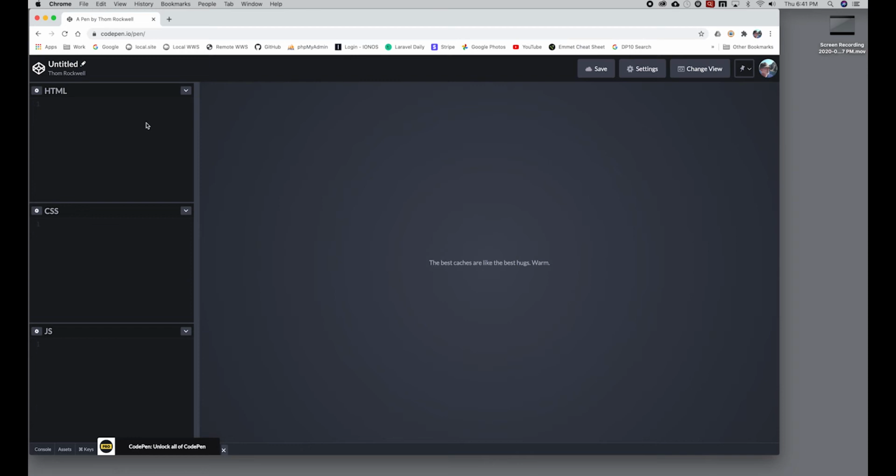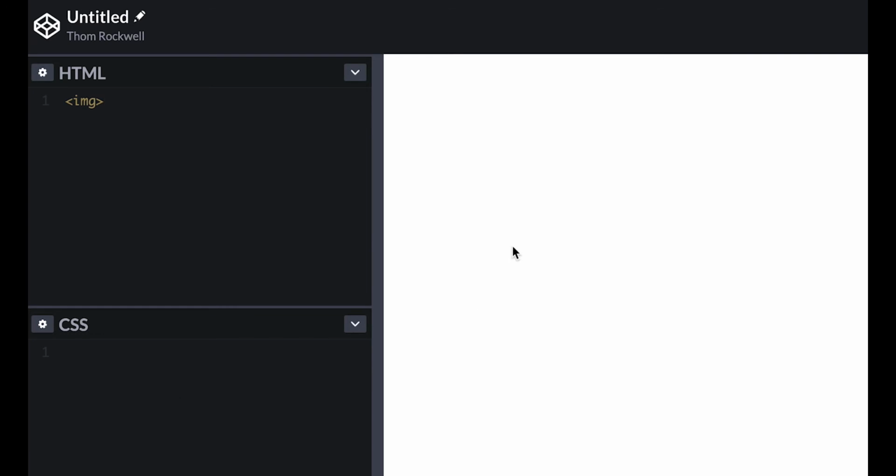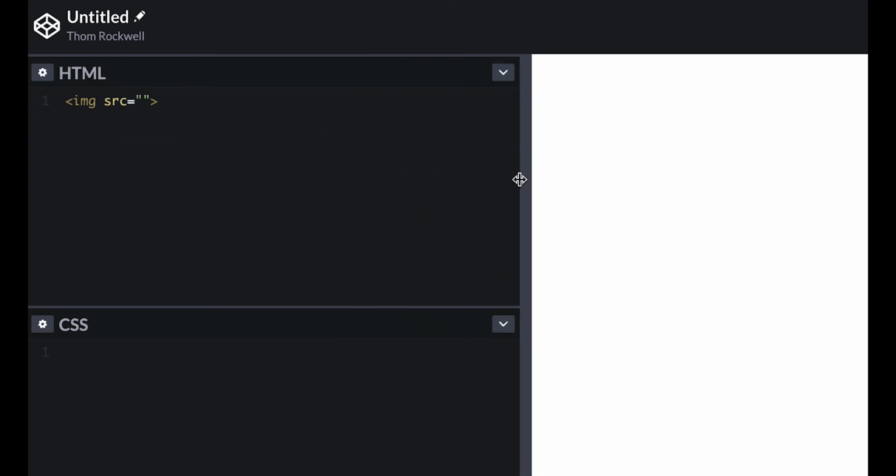Okay, so the tag for images is img, image. But as I'm sure you have noticed, there's nothing there. Well, we have to tell it where we're getting the image from, and that magic word is source, and that is shortened to SRC. So we're going to put a source in there, and once we do, we'll have an image. The one I showed you in class was this